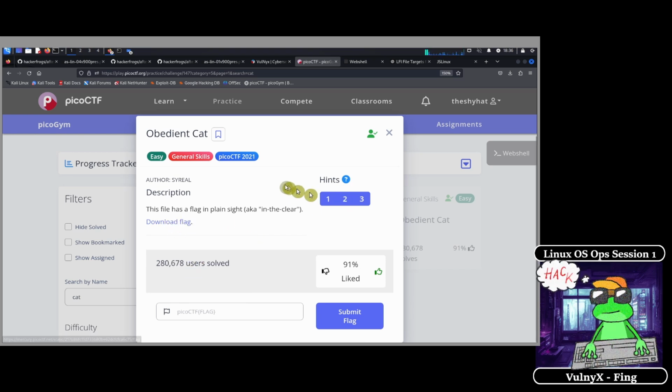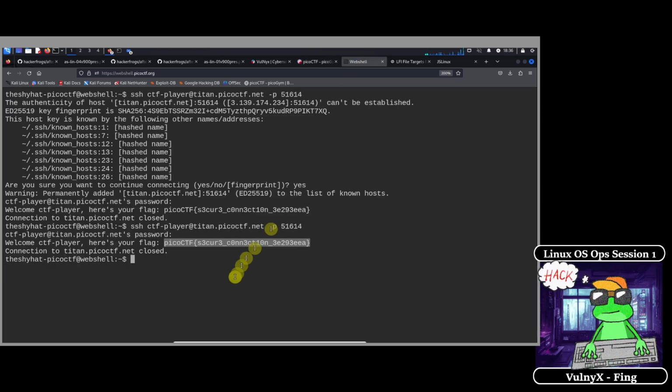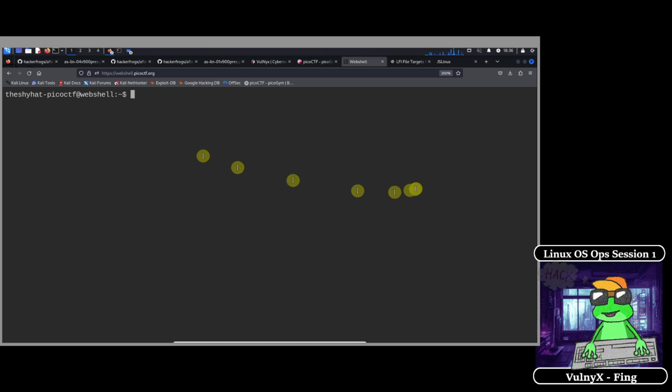After you've selected Copy Link, go back to your web shell, and if there's a bunch of stuff on your terminal, you can go ahead and type clear and then enter to clear it off. We're going to be using the wget command to download this file. In Linux, we can use the command wget and then space and then the address for the file in order to download some files. After you type wget and then space, we can right-click and then select paste. After we've pasted in the address, we can hit enter.